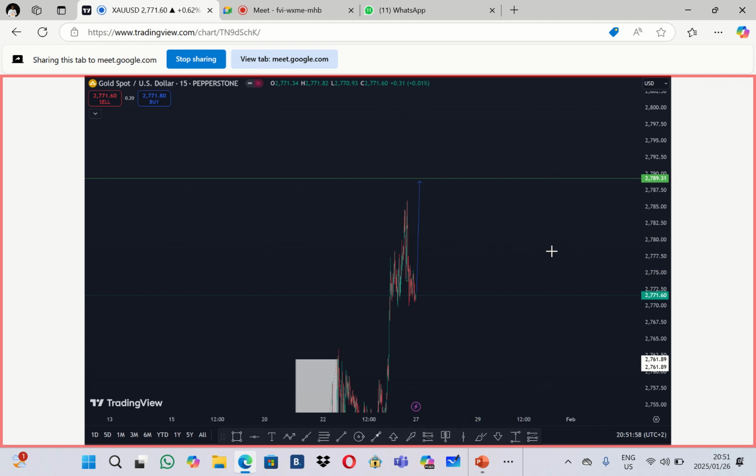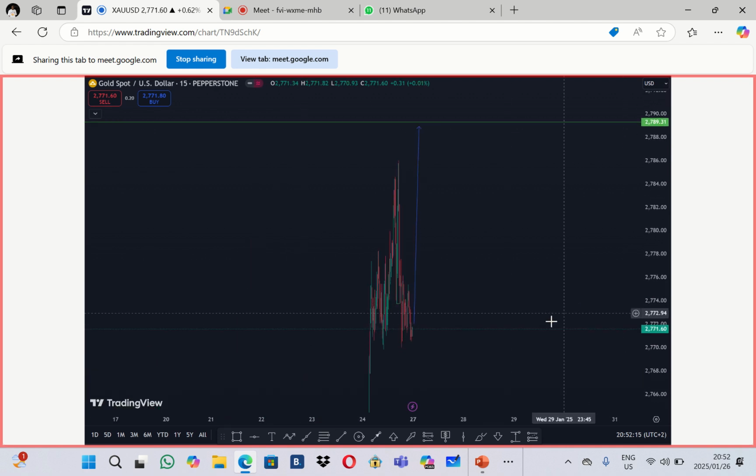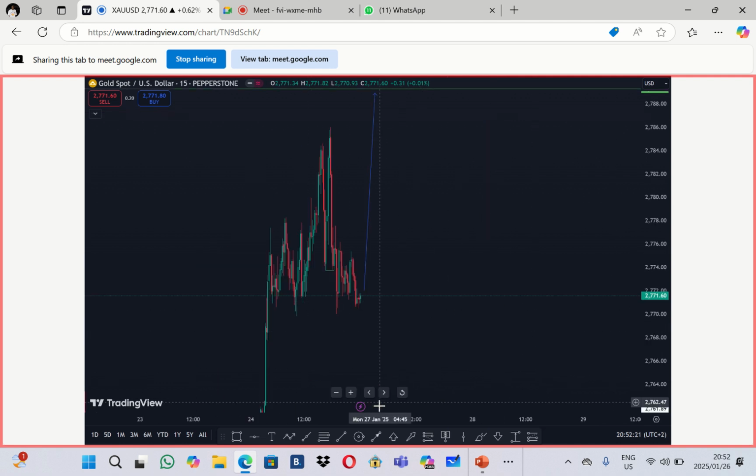So it means that for me and you, the only thing we're looking for, because we want price to actually hit the last TP to cover the whole setup, is buying opportunities, right? But first of all, the first thing we're going to do is be guided by the daily bias. So even right now we're just going to be highlighting potential key areas where one can definitely be looking for